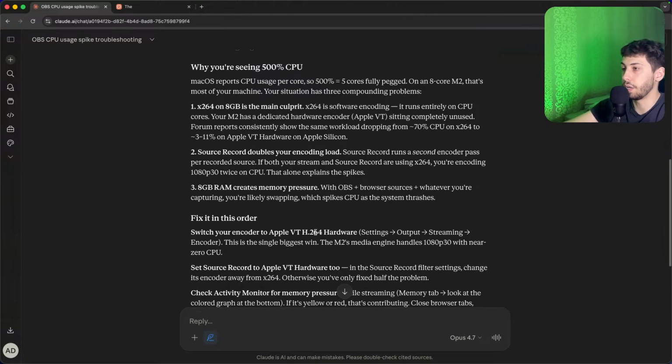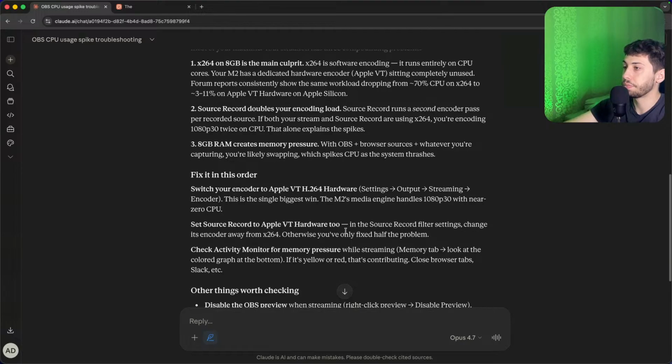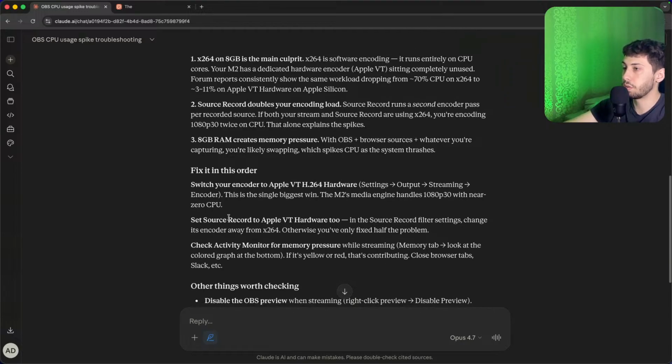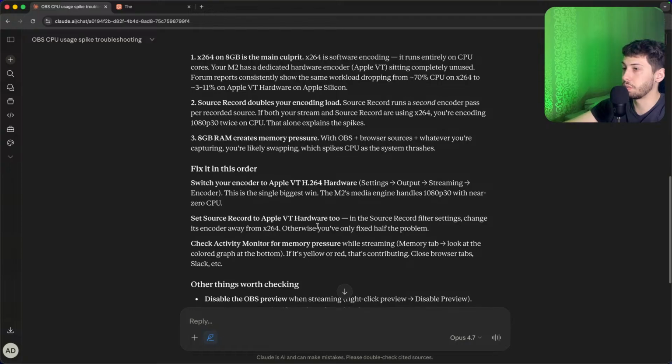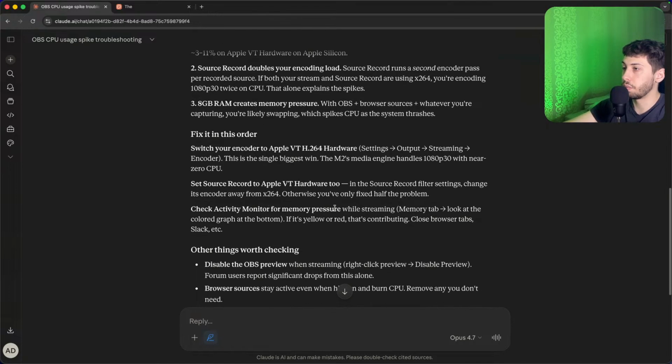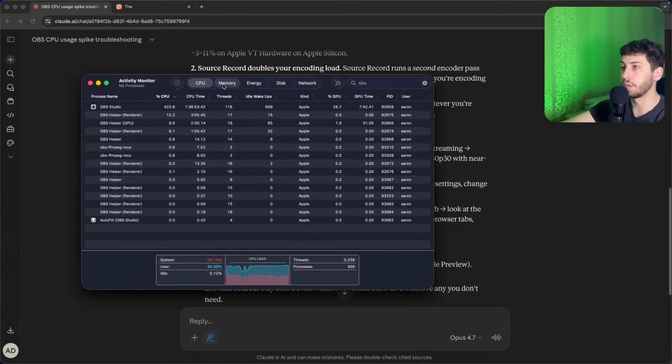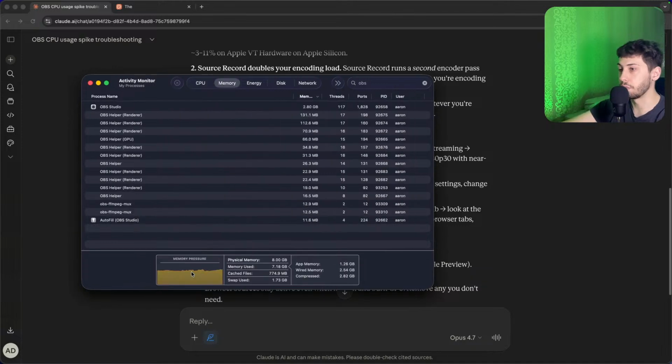Apple VT H264. Set source encoder to Apple VT hardware. Check Activity Monitor for memory pressure while streaming, memory tab. Look at the colored graph at the bottom. Colored graph. And how am I supposed to understand what the colored graph actually means? Anyway,